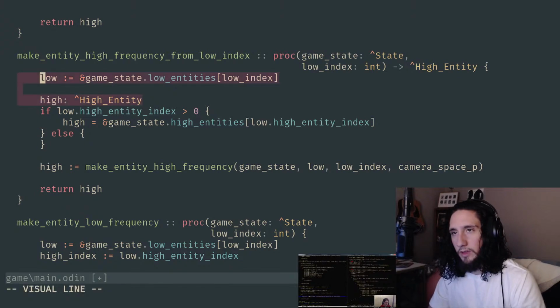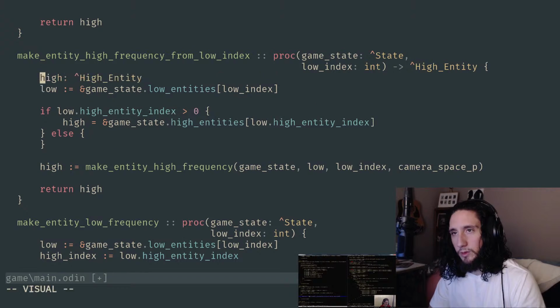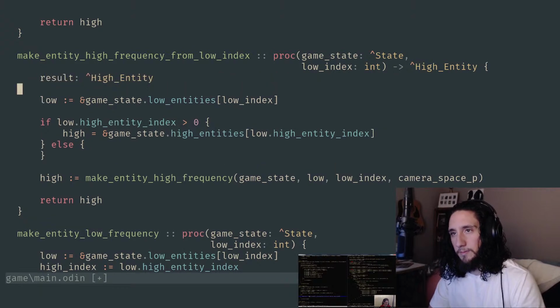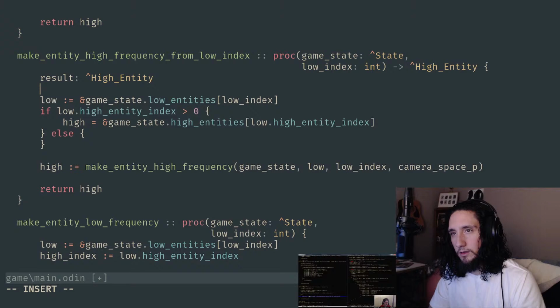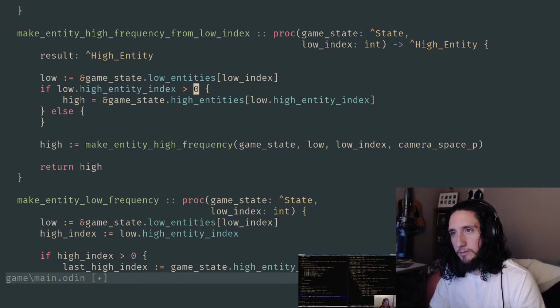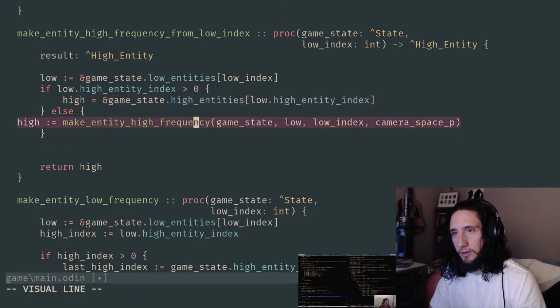Okay, so I'll just make this explicit. This is our result. And here we check to see if the entity at that low index already has a high entity, in which case we can assign it right out and then pass it back. Otherwise, we do this.